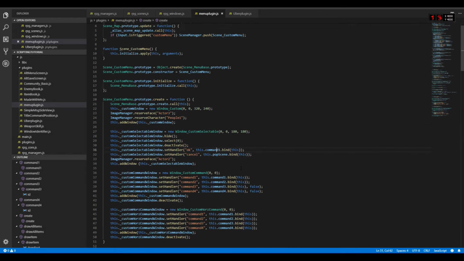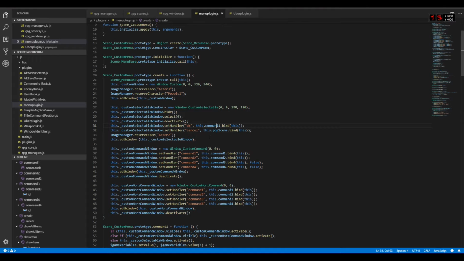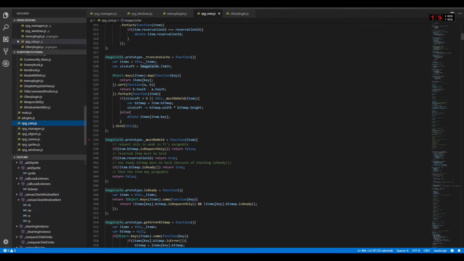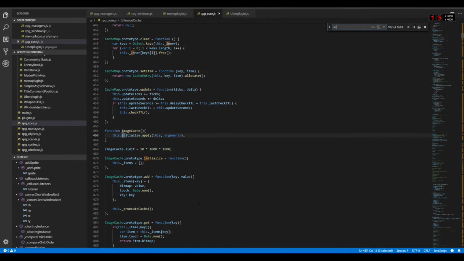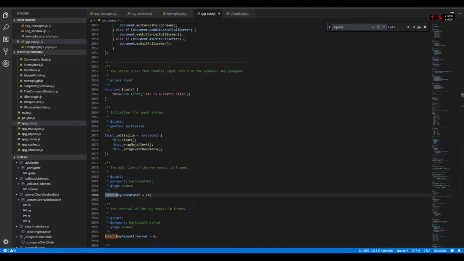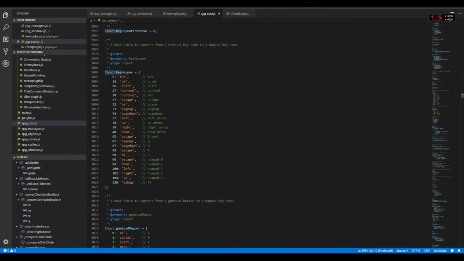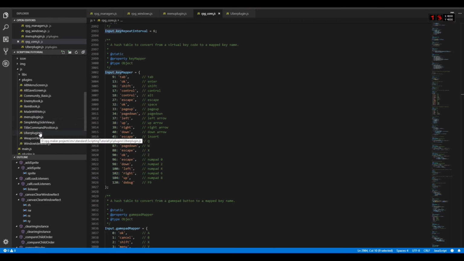Now, it is important to say that you need to create handlers for this window because it has no handlers by default, and you can pretty much only create handlers based on your buttons. So for example, here we have OK or cancel. I can of course define other handlers based on the buttons inside the Input.keyMapper. Yes, I can do these handlers as well, but I won't do them because there's no need to. So let's jump back,